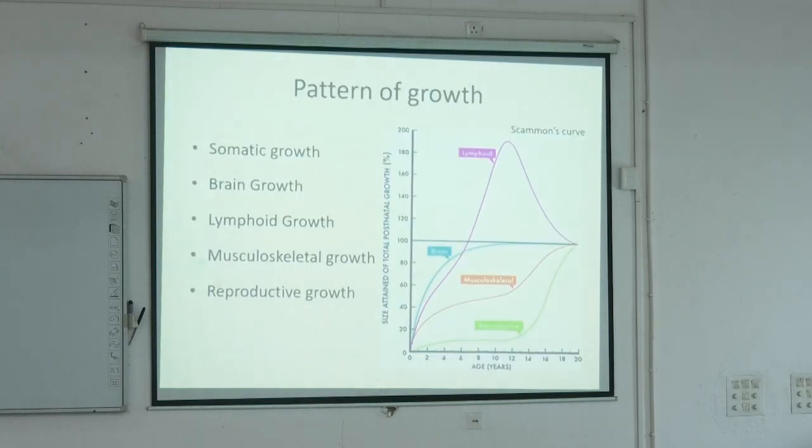So this is all we are discussing. This is the somatic pattern of growth. This is called Scammon's curve. Okay. So pattern of growth: the somatic growth or the musculoskeletal growth, like we discussed, starts happening and then reaches its peak at around 18 years. It is reaching the peak. And meanwhile, see, this is a steep part and then going slow, and then again rising and going